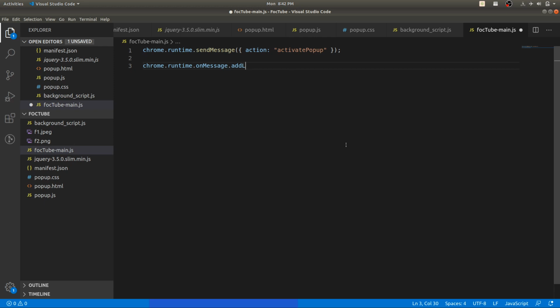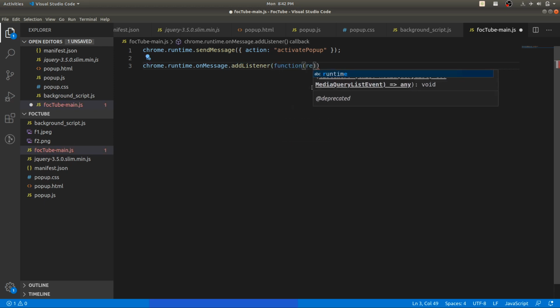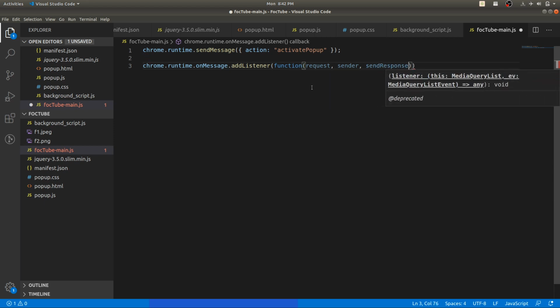So chrome.runtime.onMessage, we will add a listener, which will have 3 parameters, as already told to you: request, then sender, then sendResponse.